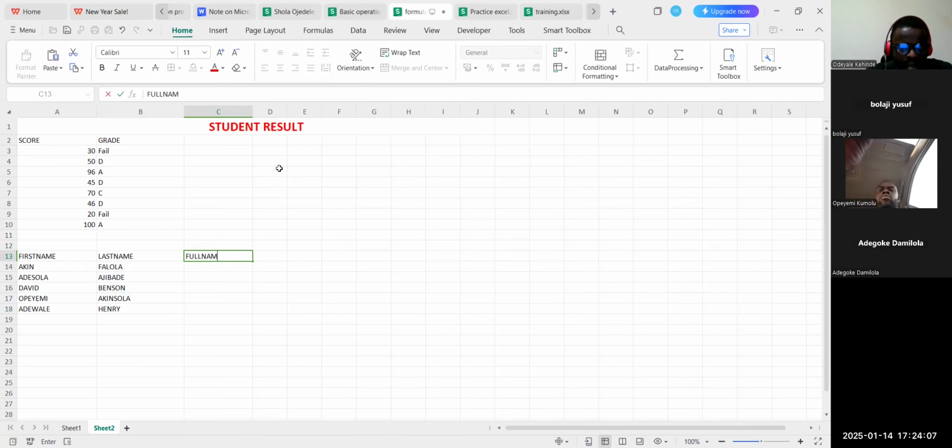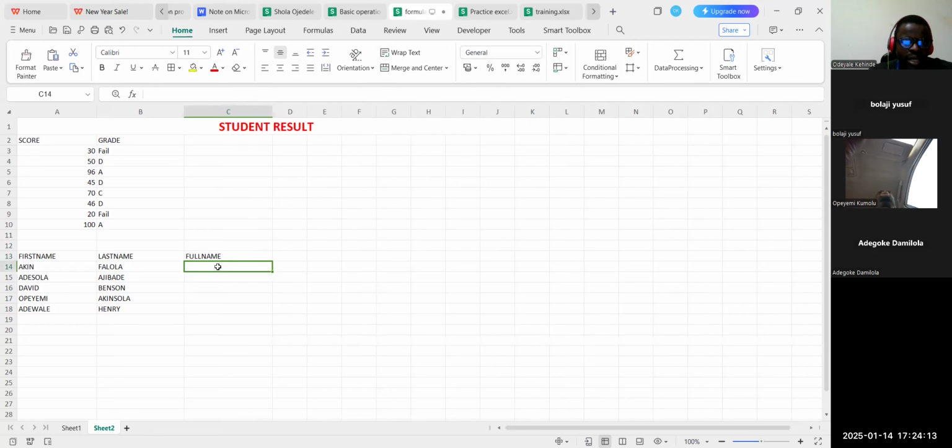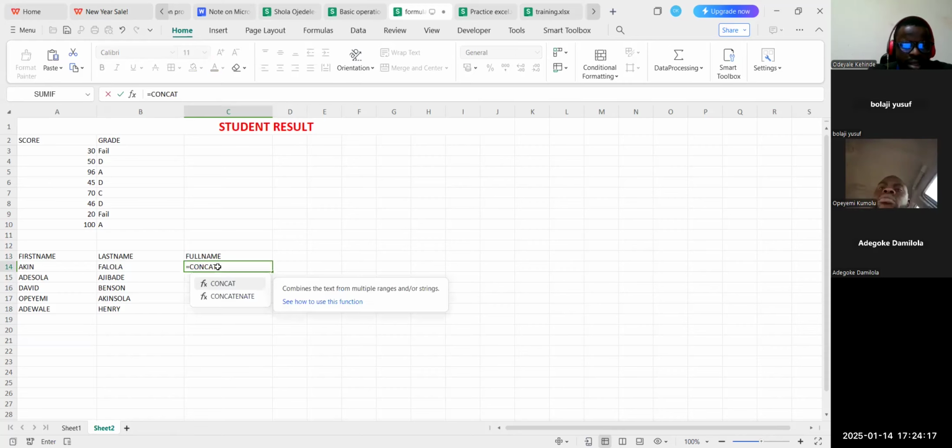So when you have this, then you want to generate a full name here with your columns. So to do that, you use concat. You have equal sign, concat, into bracket, or you use concatenate. So concat into bracket A14